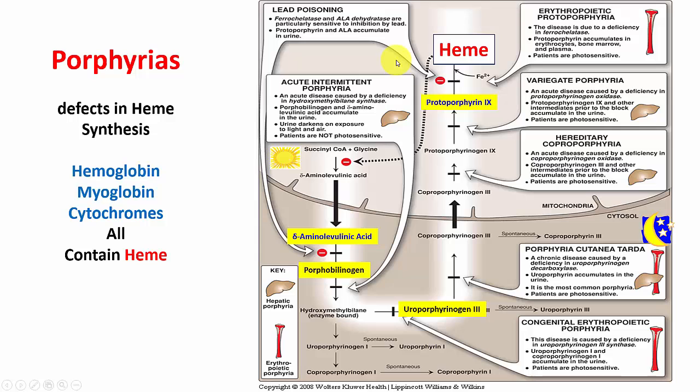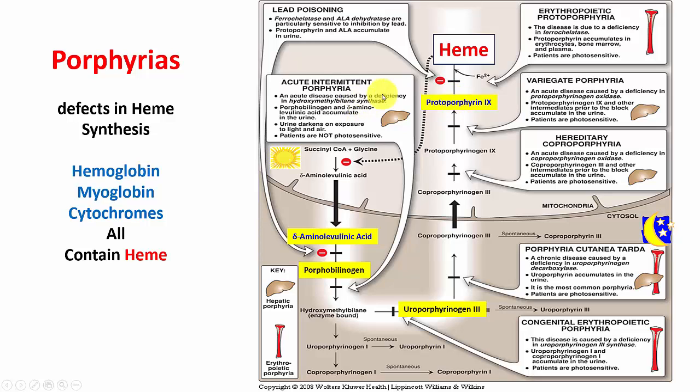Lead poisoning is very important in the heme metabolic pathway. There are 2 steps that are very sensitive to lead poisoning, and the first one is the conversion of ALA to porphobilinogen. This is inhibited, non-competitive inhibition by lead. The other one is the ferrochelatase that adds iron at the very last step to convert porphyrin 9 into heme. So 2 steps, and these are both non-competitive inhibitions where the lead binds to a non-active site position on the